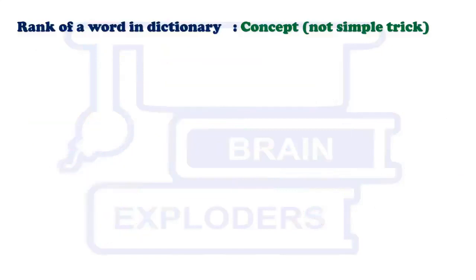Let us now understand it with the help of an example. Suppose we have to find the rank of the word simple. Okay, so let's first write all of them in ascending order. A B C D E F G H I J K L M N O P Q R S. All of them are in ascending order now. Great. Now words